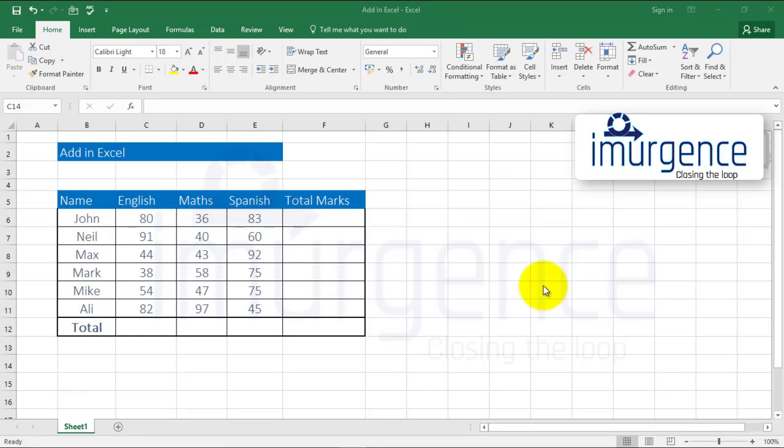Hello everybody, and in this video we will learn how to add in Excel. You can add numbers in Excel in multiple ways. I'll show you how you can do them. Like for example, in this